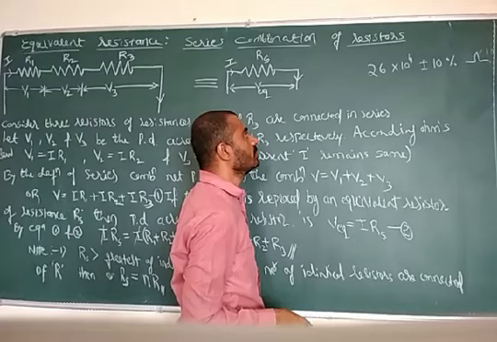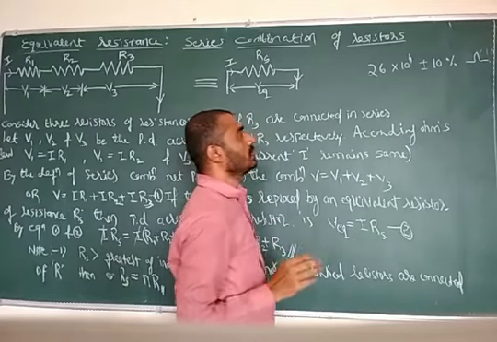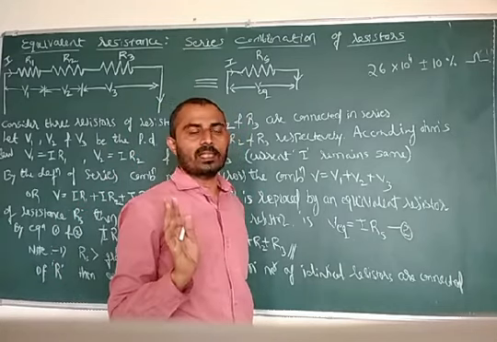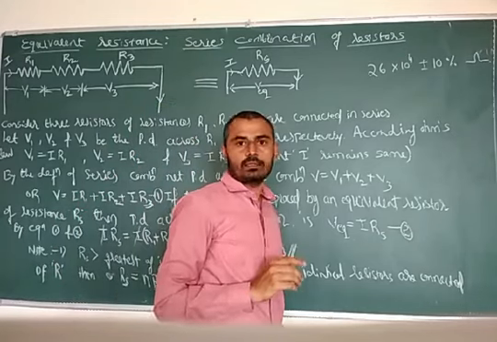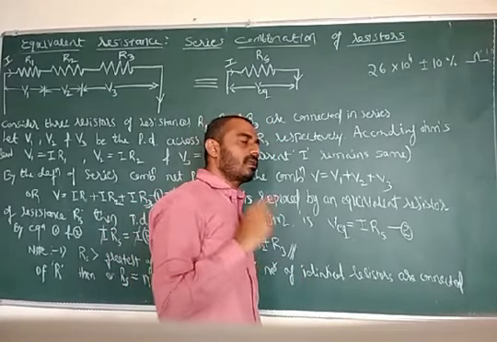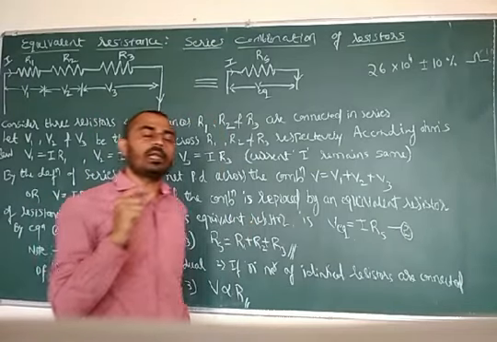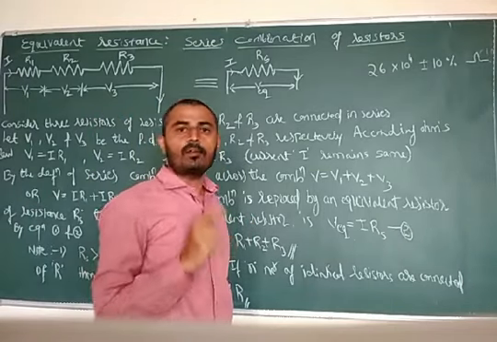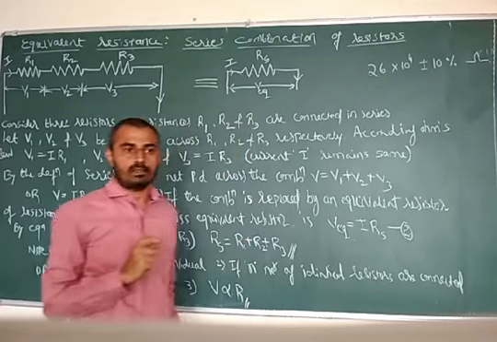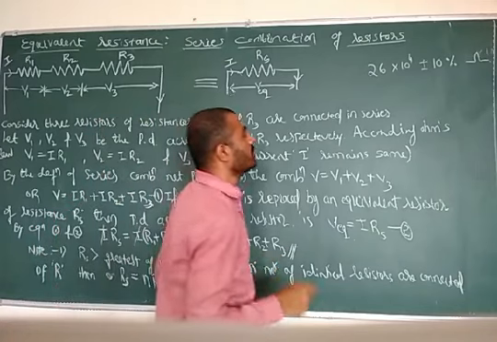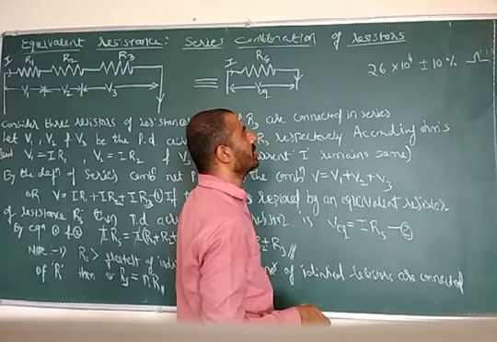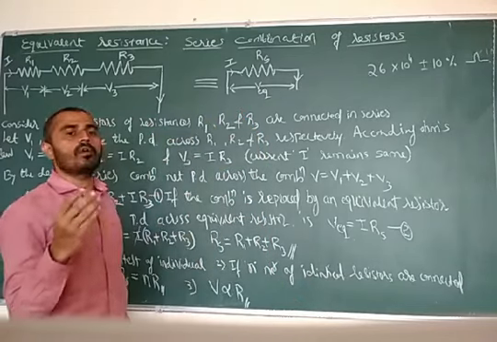For that, we should know the restriction that on a carbon composition resistor there should be only 4 bands or 4 stripes, not more than that. Out of the 4, the first 2 represent the digits, the third color represents the multiplier or power of 10, and the fourth color band represents the tolerance of the resistance. So we have to restrict the given value so that it can be obtained in terms of 4 color bands.